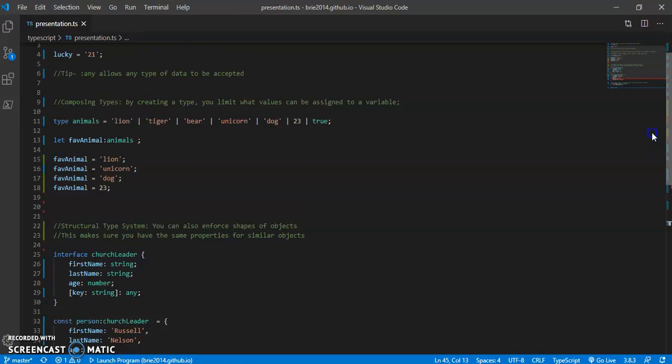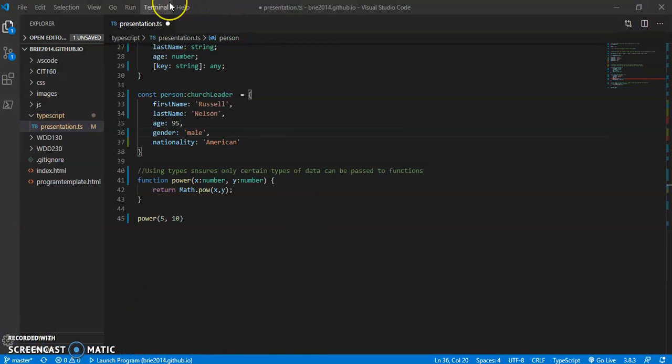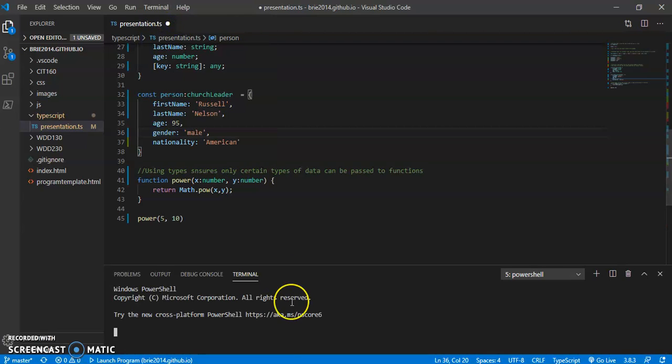When you're done editing a TypeScript file, what you will need to do after you install the TSC, this is how it works. I have a TypeScript file, I need it to be a JavaScript file. So once you're done, you're going to go ahead and click on Terminal, and I'll show you guys how to use the TSC real quick. You open up the terminal. Once you have this installed on your computer, it's really easy to do. The TypeScript compiler, TSC, you put the name of your file after that, TypeScript /presentation.ts,